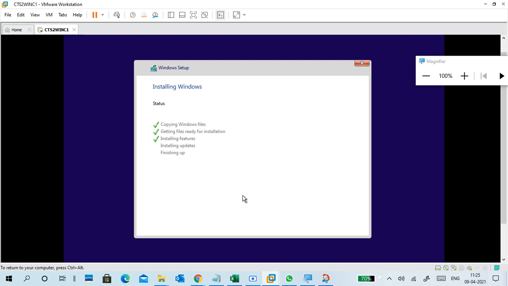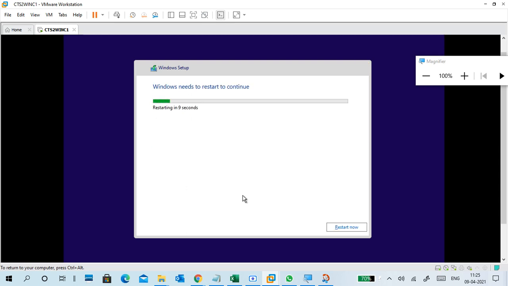It is okay with the BIOS because your main system is not UEFI, so it may not show that option. If it shows UEFI, choose it. Otherwise, choose BIOS. I'm talking about VMware only, not your physical system. Okay, yes sir.